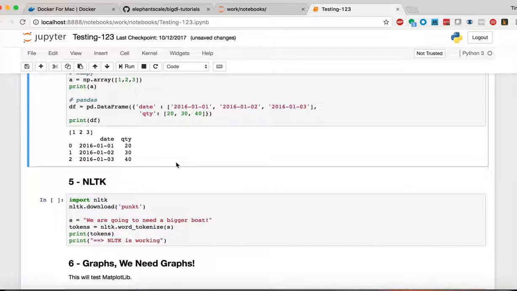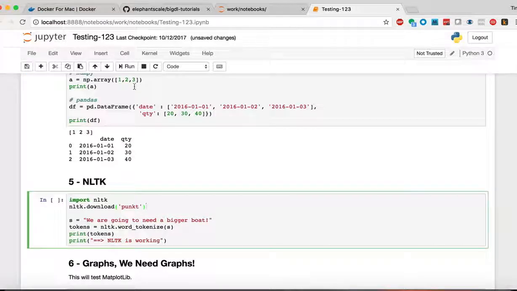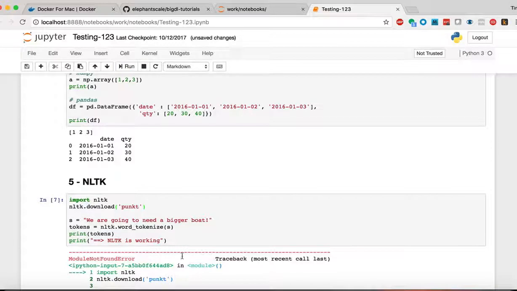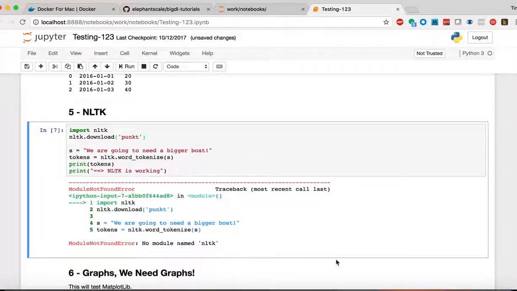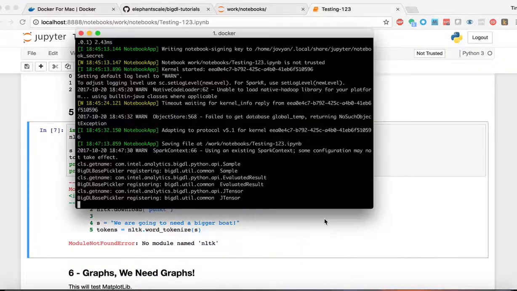Now note here, of course, that we are running as part of the Python environment. And so one of the advantages of that is we get the richness of the Python ecosystem. Some of our examples that we're going to do later actually involve running with NLTK. So we're going to import NLTK here, and we're going to go ahead and run this as well. To do that, we actually need to install NLTK. No problem.